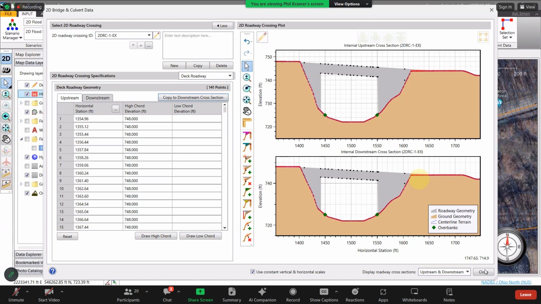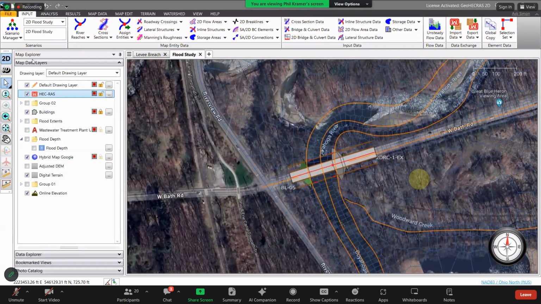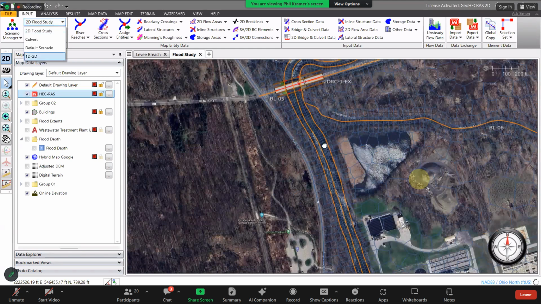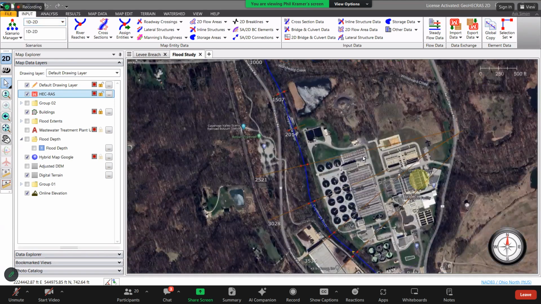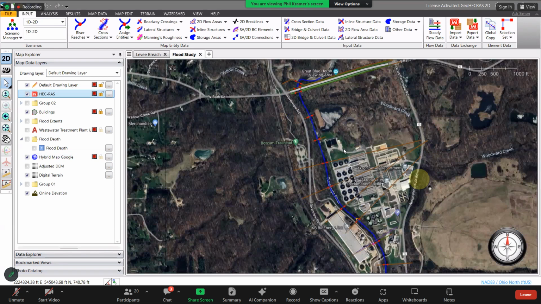Okay, so that was about it. Steps remain the same. Now, coming to the part where you want to define a 1D, 2D coupled model, avoid this in case you can. It's not necessary unless it's absolutely required. Do not create it. In most cases where you create your hybrid model,